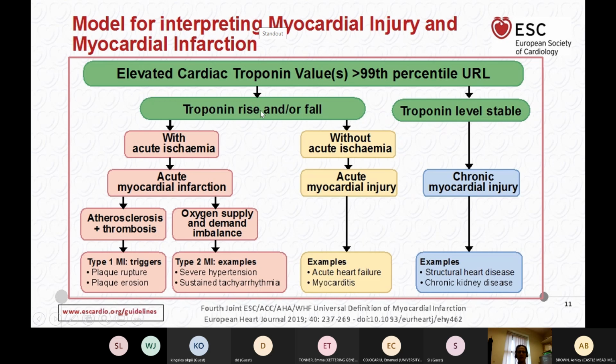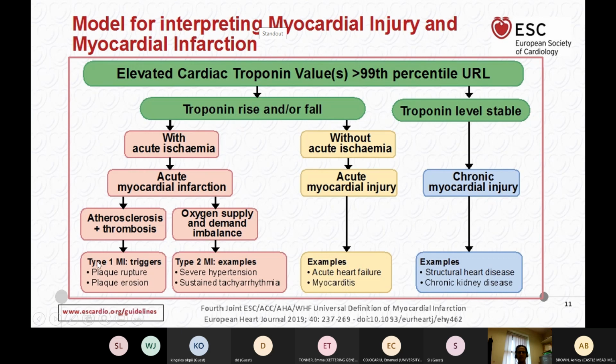Obviously, if you catch the patient after their infarct or early in their infarct, it might go up or go down. And that's got to be associated with ischemia, acute ischemia, and acute damage to the heart muscle. And if so, and it's due to a problem with the blood supply, which is due to atherosclerosis or thrombus formation,